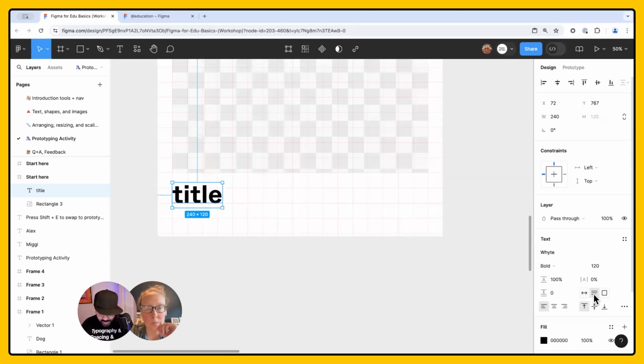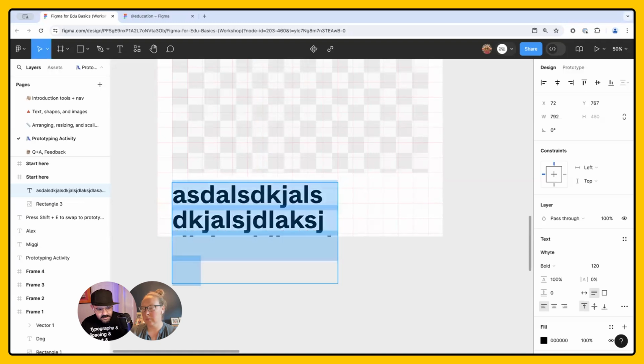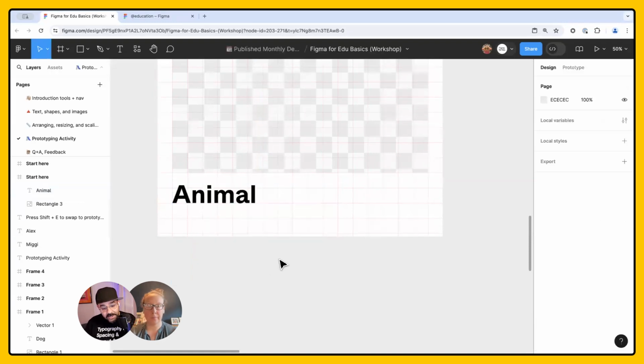We're going to click on auto height over here. When I hover over it, it should say auto height. That just means that text box will grow as our text grows. And we're going to move that text field just over here. Now when we type in text, you'll see it grow from that point forward. I'm just going to type in animal as our placeholder.